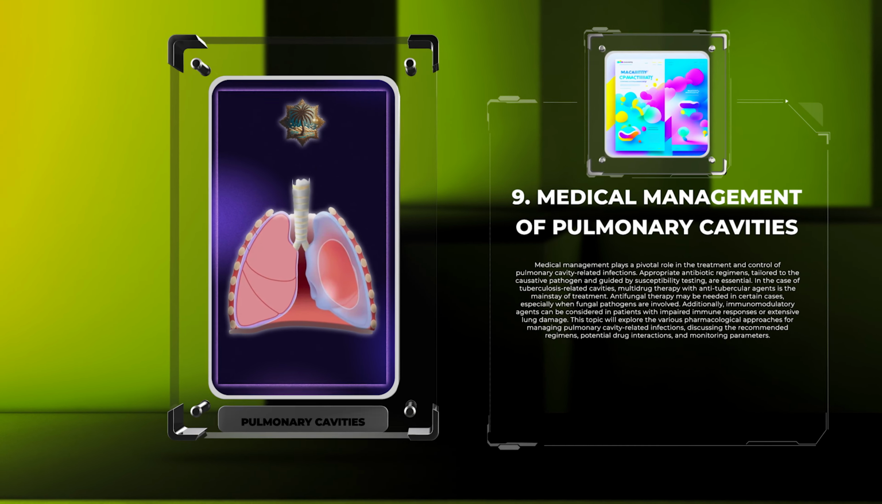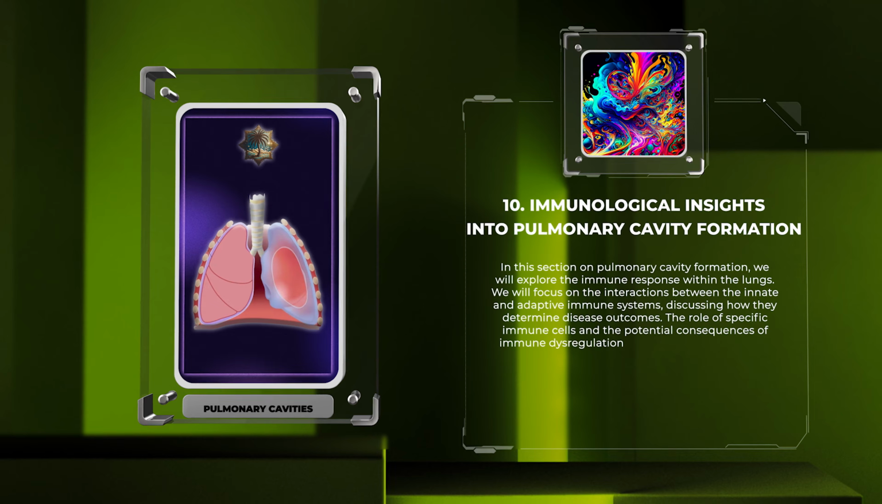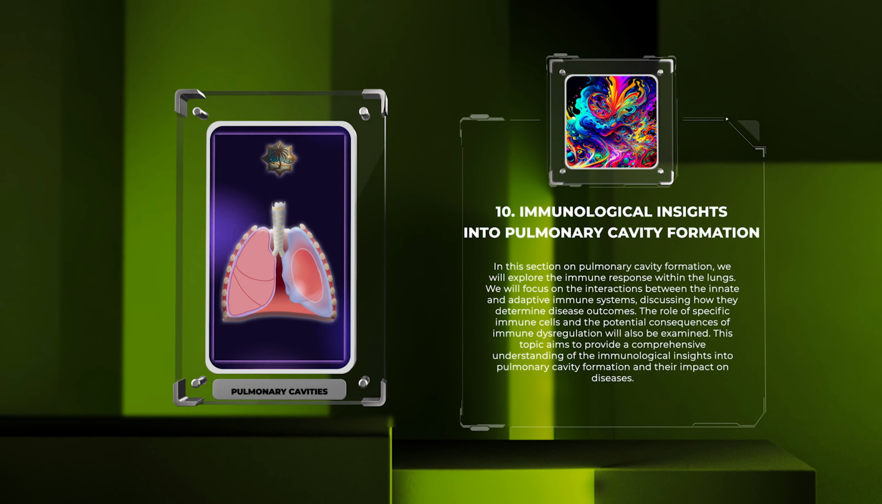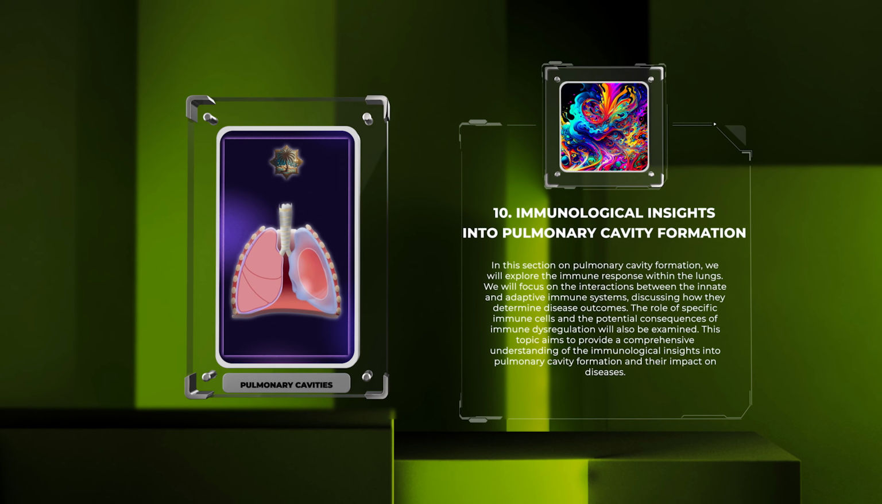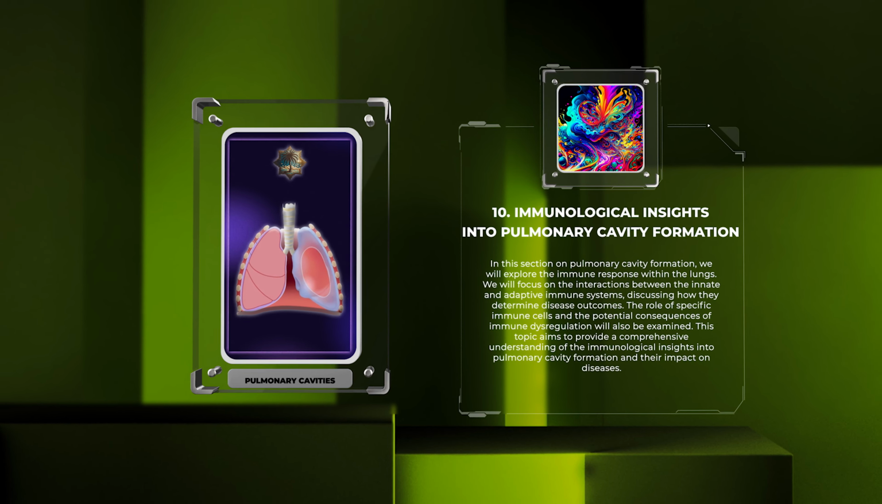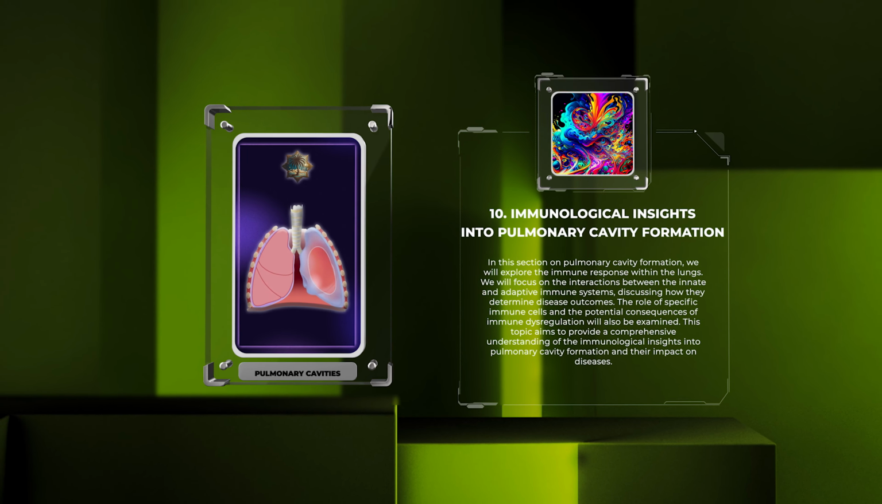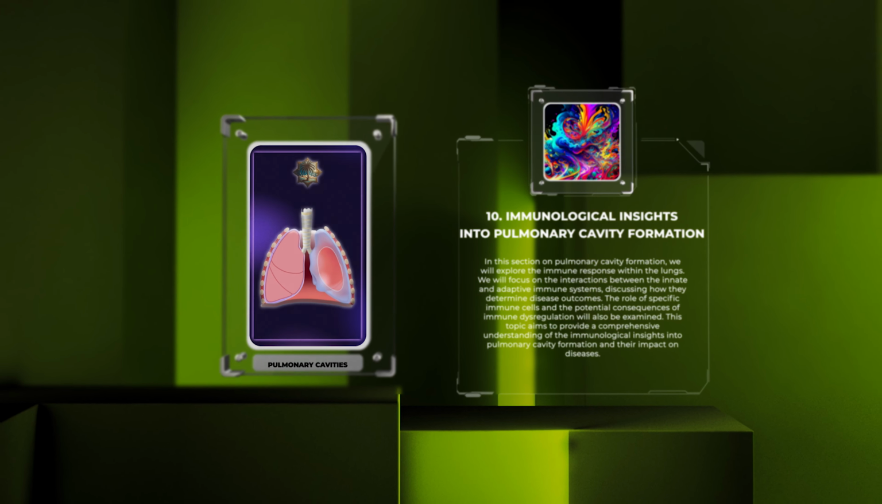and monitoring parameters. In this section on pulmonary cavity formation, we will explore the immune response within the lungs. We will focus on the interactions between the innate and adaptive immune systems, discussing how they determine disease outcomes. The role of specific immune cells and the potential consequences of immune dysregulation will also be examined. This topic aims to provide a comprehensive understanding of the immunological insights into pulmonary cavity formation and their impact on